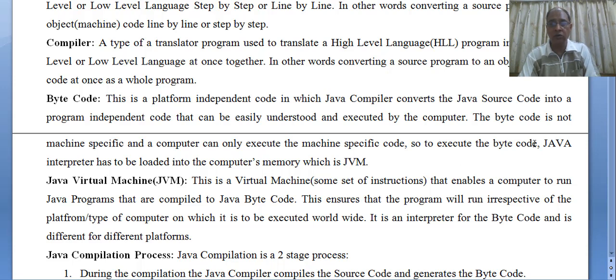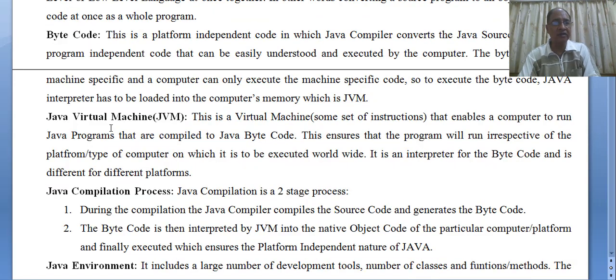So to execute the bytecode, the Java interpreter has to be loaded into the computer's memory, which is JVM. JVM means Java Virtual Machine. So bytecode is actually an intermediate code, or you can say it is an independent code which can be easily understood by the computer, and this makes Java a platform independent language.